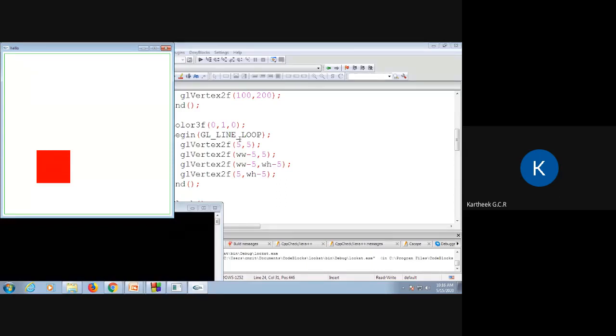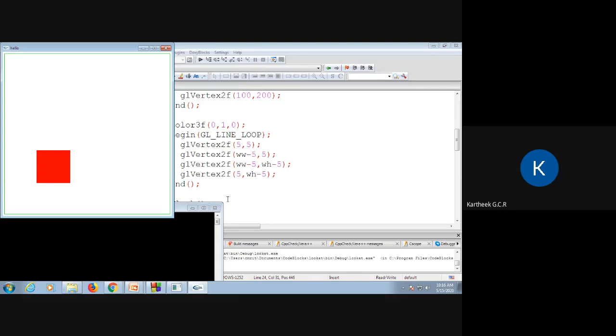So this line loop is being drawn from 5 comma 5, that is this point, to 495 comma 5, and then 495 comma 495 and 5 comma 495. So that is what these values are. This is just to understand what the boundary is that I'm considering. By looking at this, you would understand what my WW and WH values are.